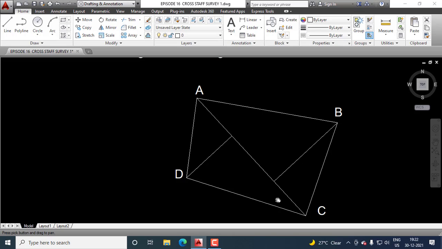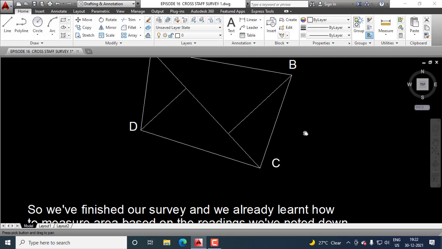Now we choose the diagonal AC and we take offsets from AC to D and B, and we calculate this area as before. There must not be much difference between the two areas. Some difference will definitely be there because of the slope in the ground or because of the difference of stretching the tape, etc.